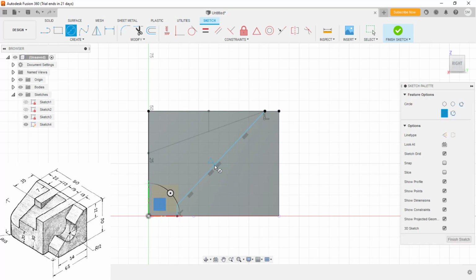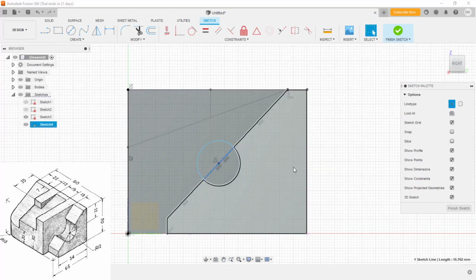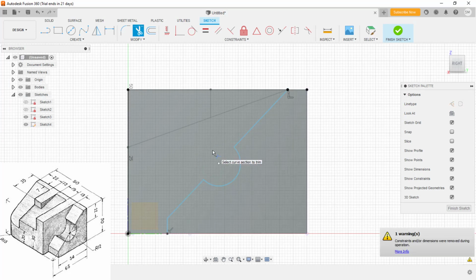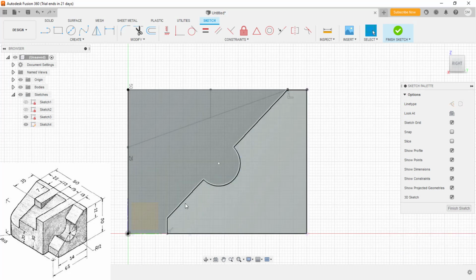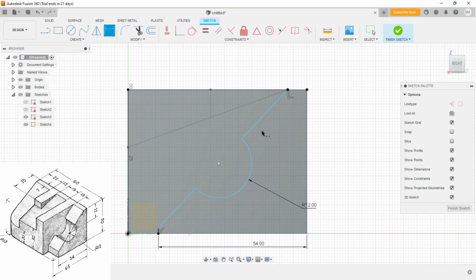So I need a circle here. I'll refer the center point and I'll refer this end point here. And I'll make it construction. And I'll trim the top one. T shortcut, remove it. Now the dimension. So all the points should be coincident, sorry, collinear. The radius is given 12 and this distance is also given. You can mention it as 54, and yeah, from the center to the top edge is given, so it is 20,